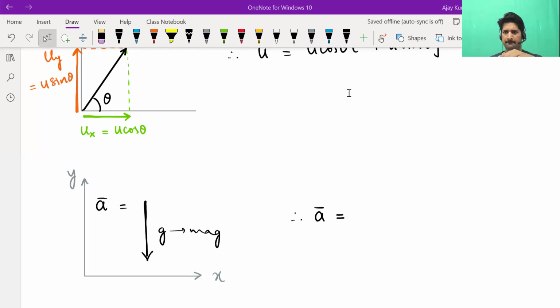That doesn't seem to go in x direction. Yeah, good. There's no x component, but for the y component itself, is it just minus j cap? If you're saying it is minus j cap, you are saying it is minus 1 j cap. You are fixing the magnitude as 1. But acceleration due to gravity, its magnitude is not 1. So I'm telling you the magnitude is g. Based on that you tell. So minus g j cap. Correct. Minus g j cap. That is the acceleration of the object. Fine.